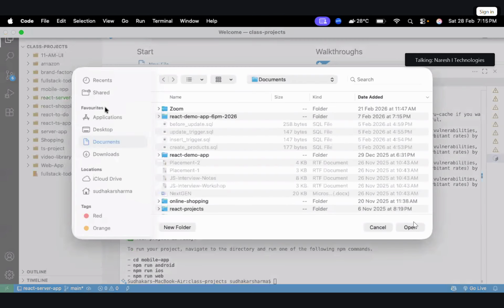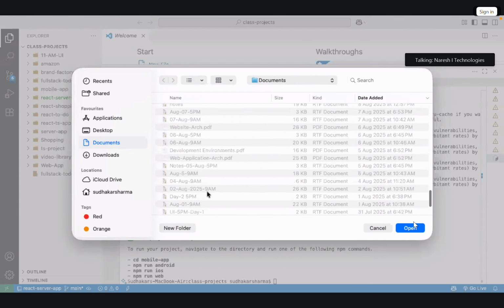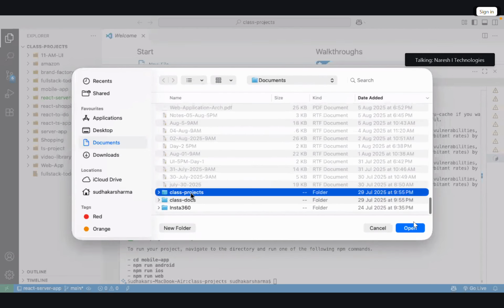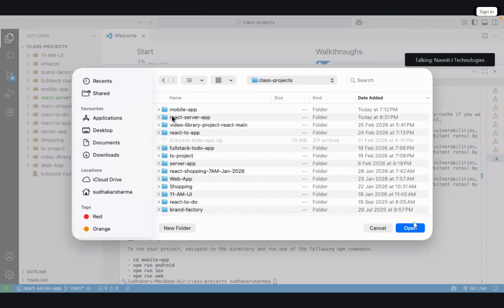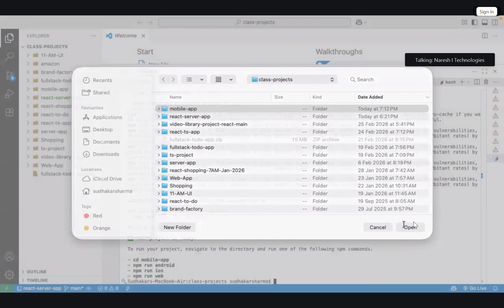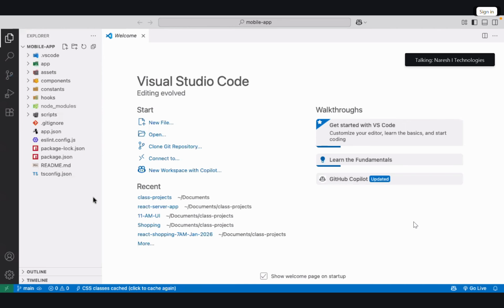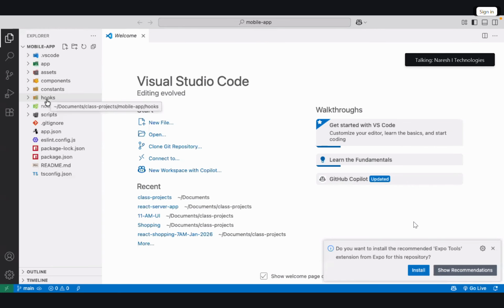You can see in our class projects, I will open mobile-app. See, very clean classification like components, hooks, separately designed. Already we have such an environment now.